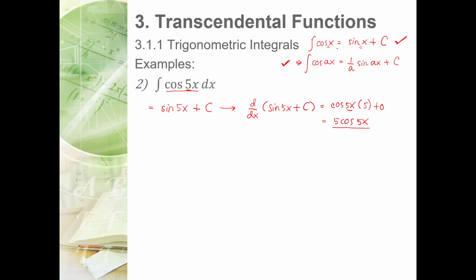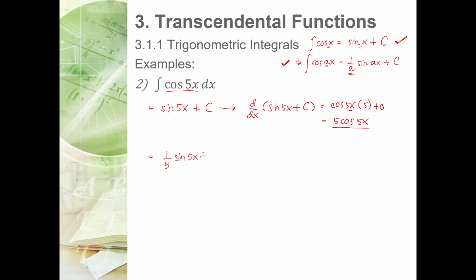This one is also applicable to the other trigonometric integrals: integral of sine, integral of tangent, integral of secant squared. As long as the coefficient of the angle is present, you need to generate 1 over a in the final answer. So trying out the formula, since 5 is the coefficient, we can say that the answer is 1 over 5, then sine